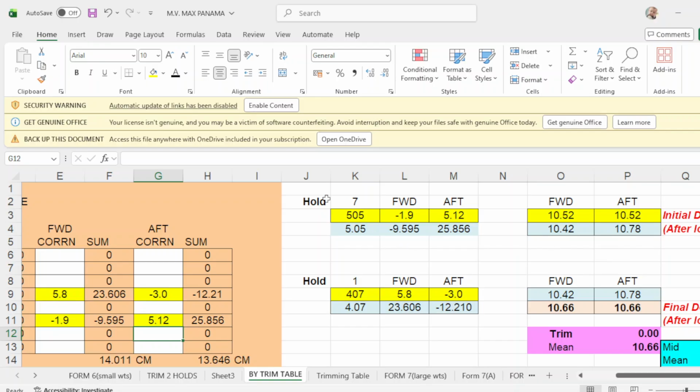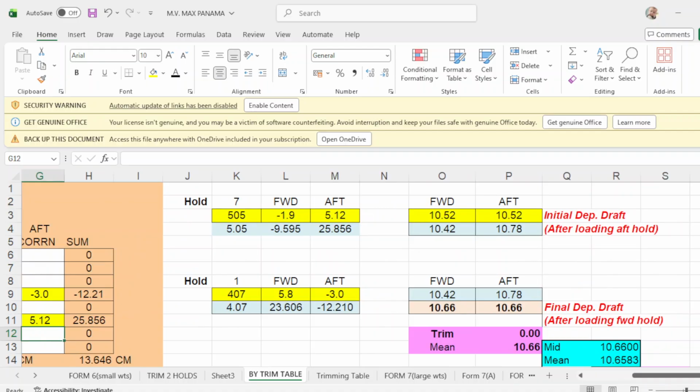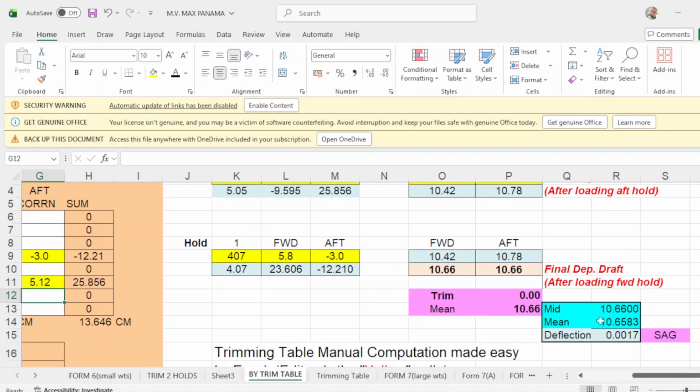Then, after loading number 7, you load in number 1 of 407 metric tons. After completion of loading 407, your final drop forward will be 1066, up drop will be 1066, 0 trim, and mean drop is 1066. Okay, so there are two ways, and your deflection is 0.